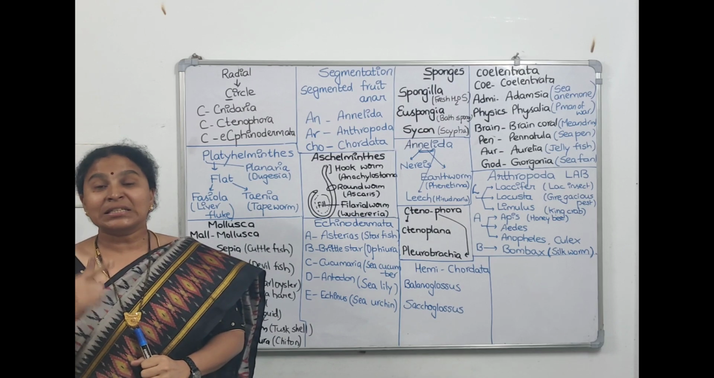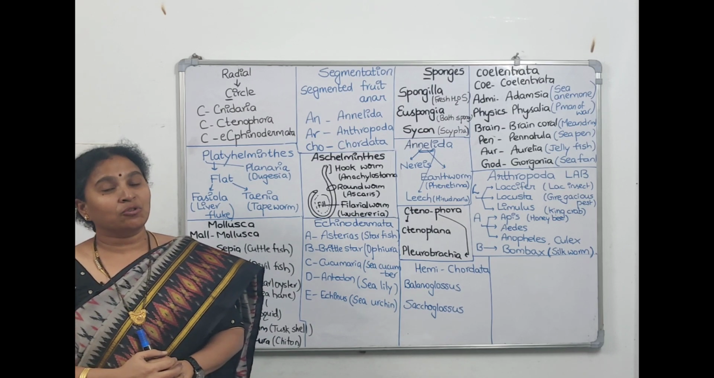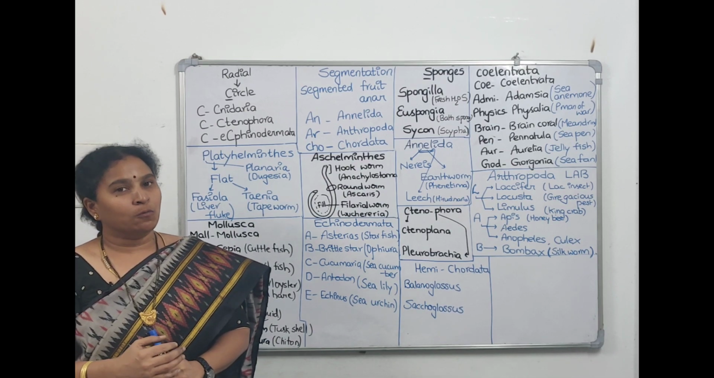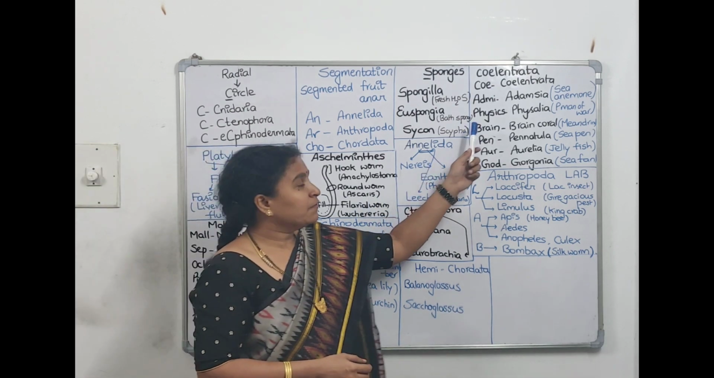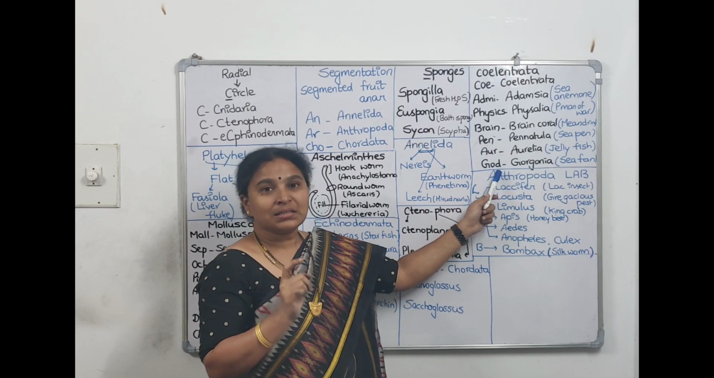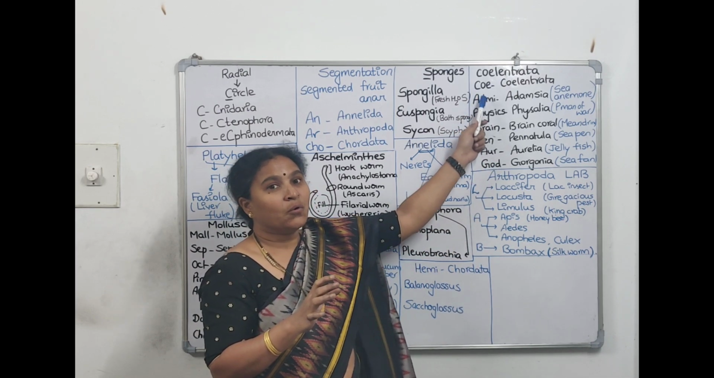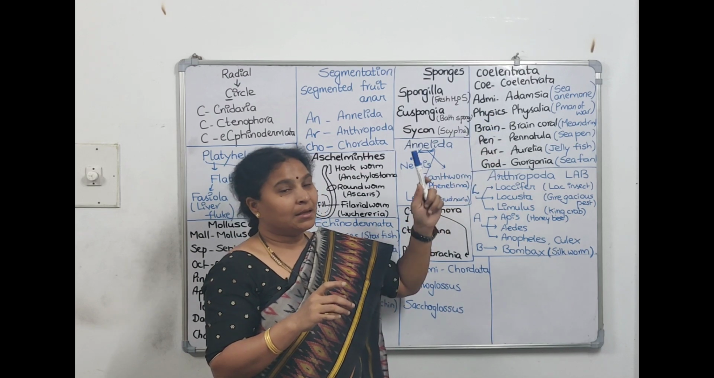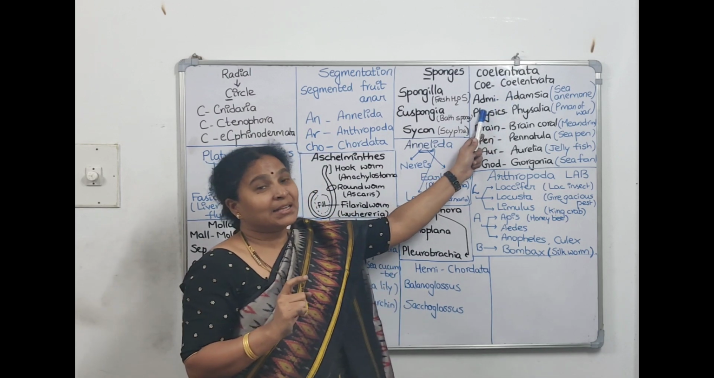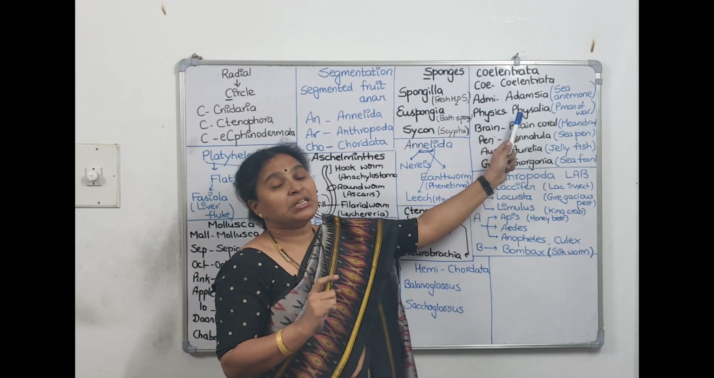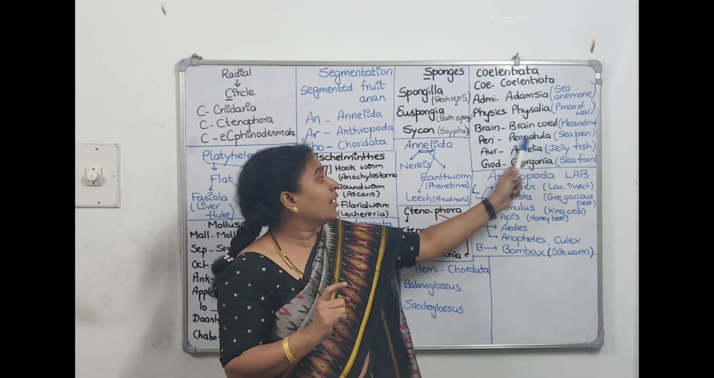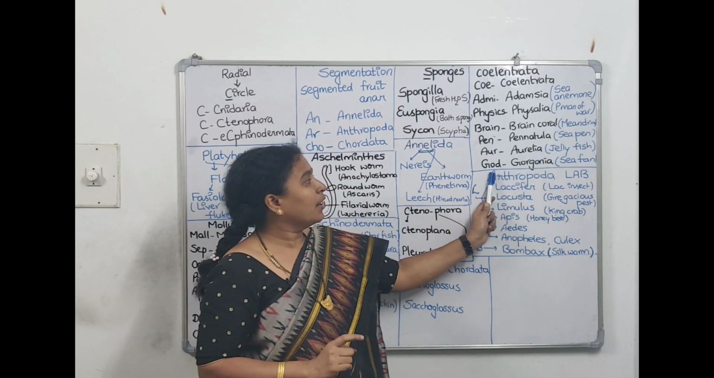Now, the second phylum is Coelenterata. How to memorize the examples of Coelenterata? There are so many examples under Coelenterata. The code I have made is, "कोई आदमी physics को करने के लिए brain, pen और God की जरूरत है." So the keywords are: koi means Coelenterata, admi means Adamsia, physics means Physalia, brain means brain coral, pen means Pennatula, aur means Aurelia, God means